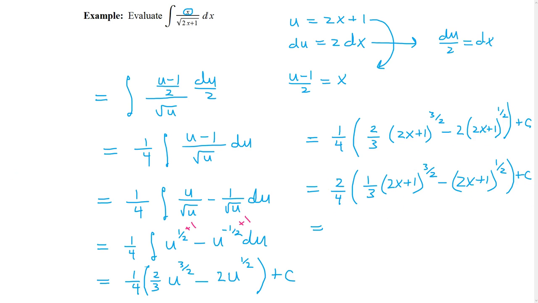However, you might see some textbooks do this. Thinking of the 3/2 here as being 1 plus 1/2. Really what you have here is 2x plus 1 times 2x plus 1 to the 1/2. And then we have another 2x plus 1 to the 1/2 over here. So we could think of writing this as follows. 2 over 4 is 1/2. Now if we factor out a 2x plus 1 to the 1/2 power, what we would have left inside then would be